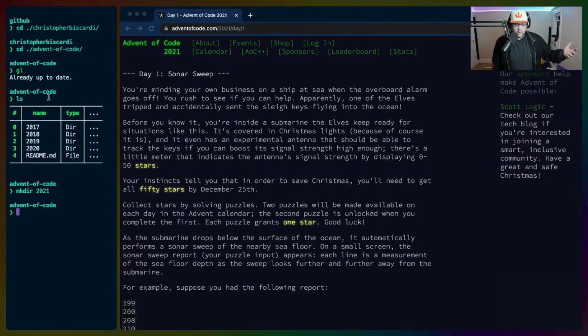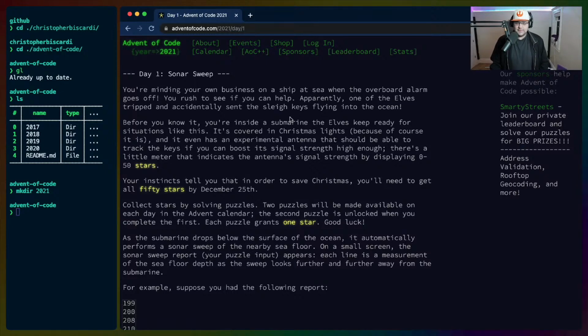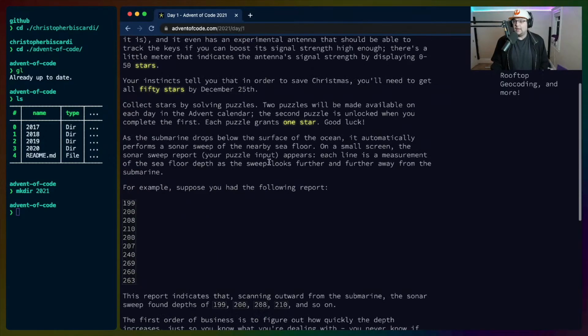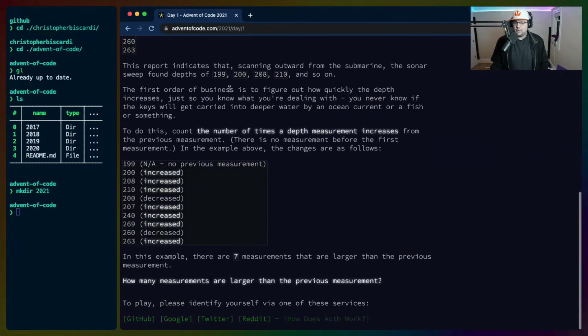So Advent of Code, if you don't know what it is, it is basically an advent calendar, right? If we go here, we see 25 quiz questions or whatever. And this draws a photo as we go along in the whole process. You click on one of these and it gives you a question that you have to do. And you can do it in any language. People do this in Excel, in Rust and JavaScript, and completely random other stuff.